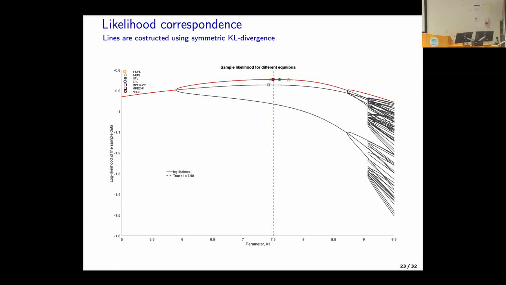Victor drew the equilibrium correspondence on Tuesday on the board and talked about types, classes of equilibrium. That's pretty much what you're looking at now, computed for a particular example. For a given value of the parameters, for example here, you see there are many likelihoods. That's because there are many different equilibria. Over here, there's only one. So when I say that MPEC finds the maximum of an equilibrium-specific likelihood, it's the likelihood function that is specific to that type of equilibrium.